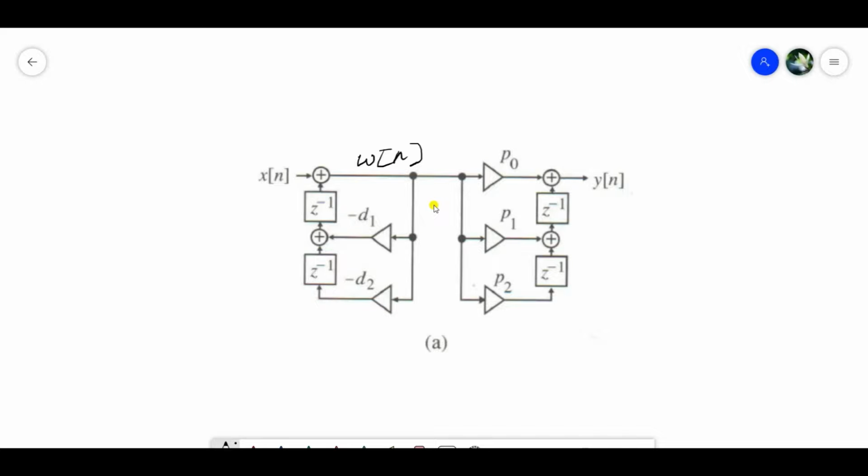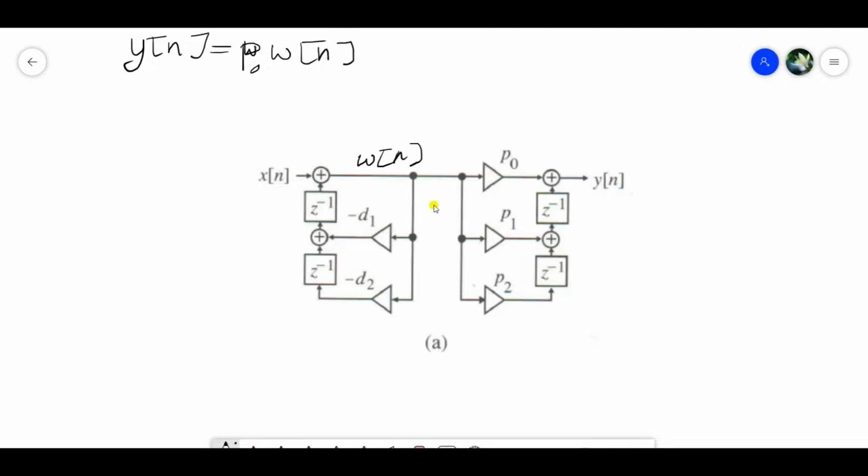So we have here, where should I write this? yn equals, oh sorry, P0